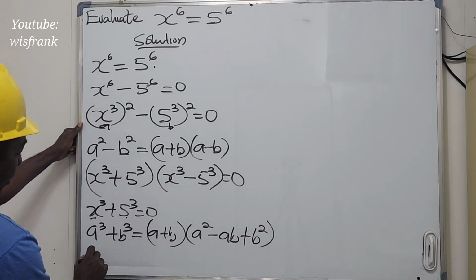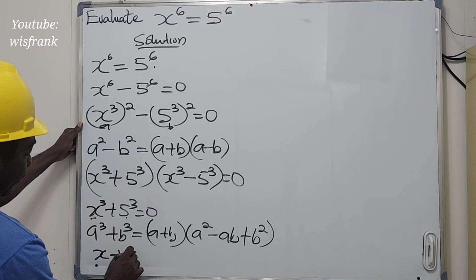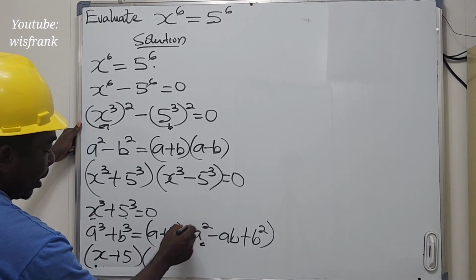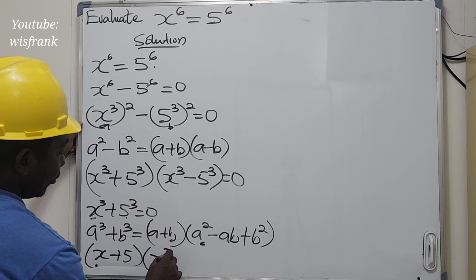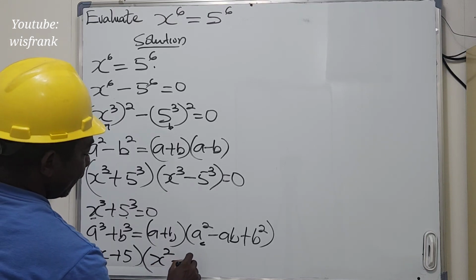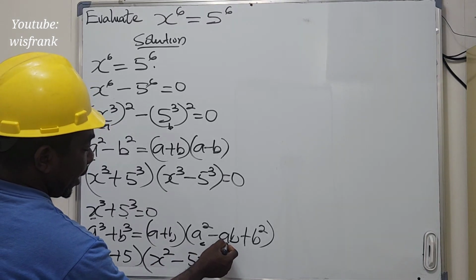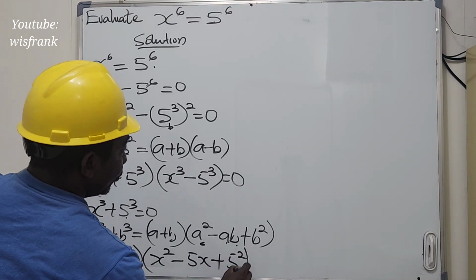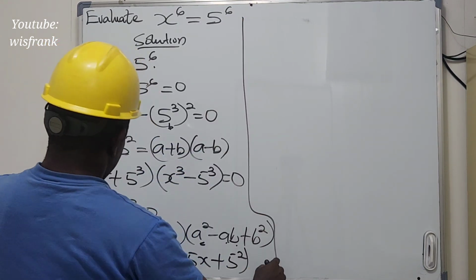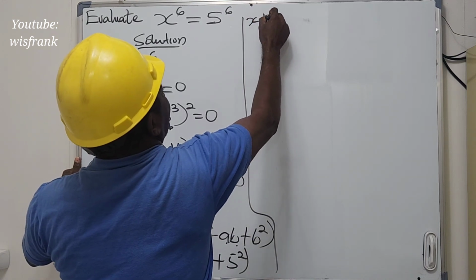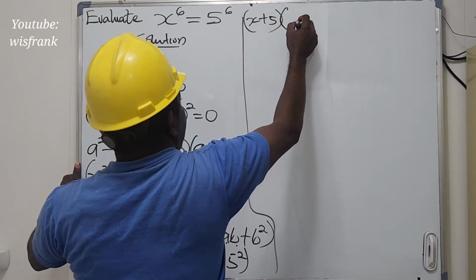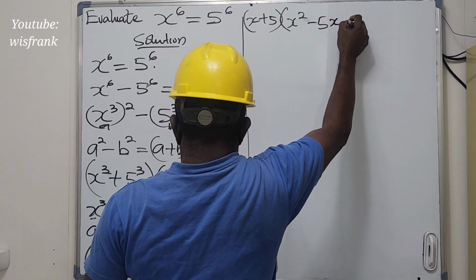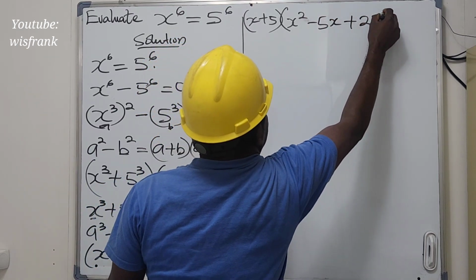So this will give us x plus 5 into x to the power of 2 minus 5x, that is ab, then plus 5 to the power of 2. So that will give us x plus 5 all into x to the power of 2 minus 5x plus 25